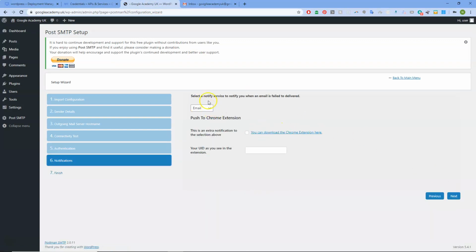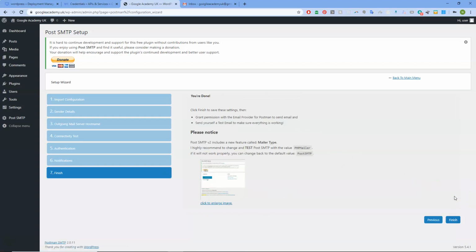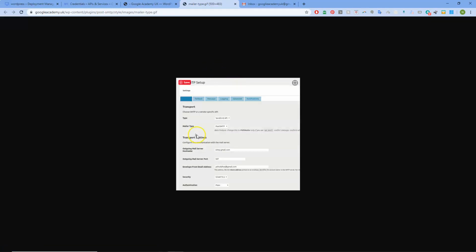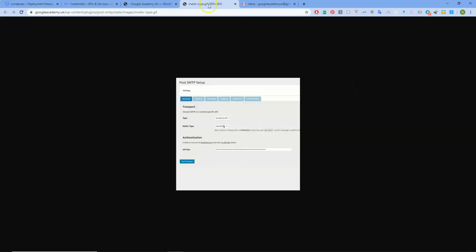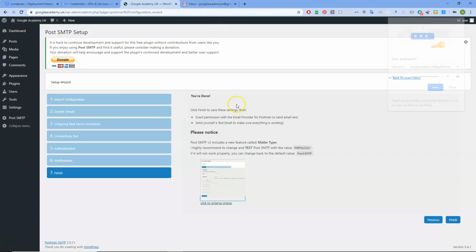Not going to worry about any of this. Select a service to notify you when an email fails to deliver, so you can use Pushover or Slack. This is an extra notification to the selection above. You can download the Chrome extension here, with your unique ID as you see in the extension. Not going to worry about that. And then we've got this here, which does tell us that in some instances you may need to change the mailer type from Postman SMTP to mailer, but I don't believe we do. So without further ado,